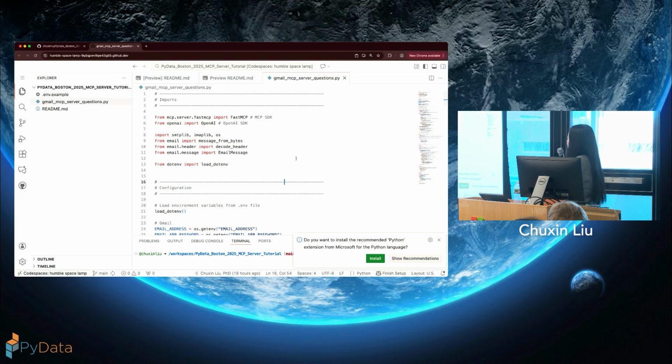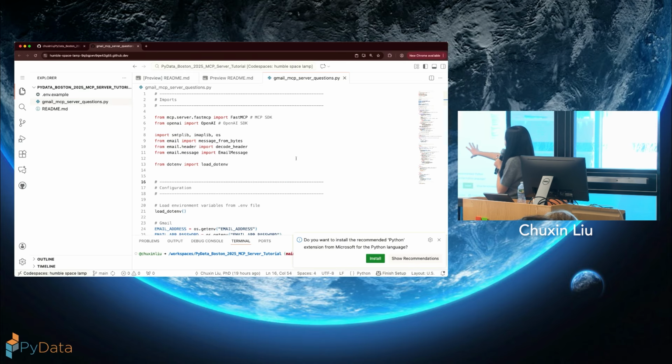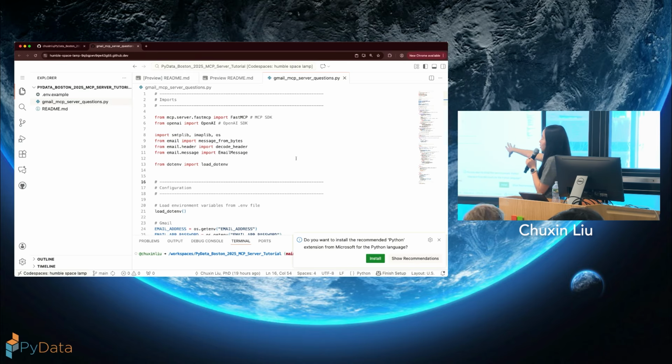All right, so let's get started. So everything we need here is just one Python code for your server. This is one server that we will create. So the first block, we're going to import a lot of the packages that we need. The first one is MCP. We import fast MCP. This is the SDK provided by Anthropic for us to quickly build up a server.